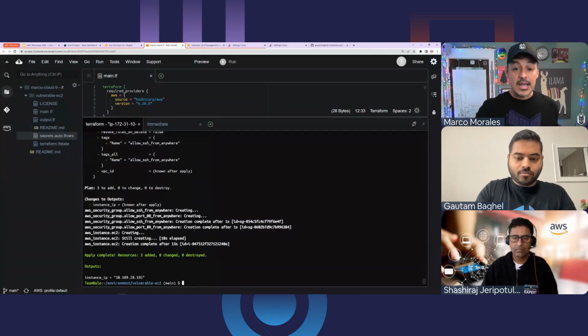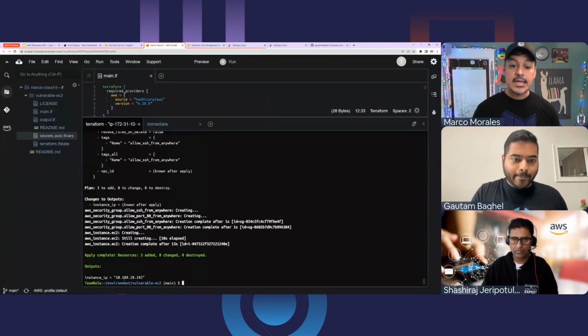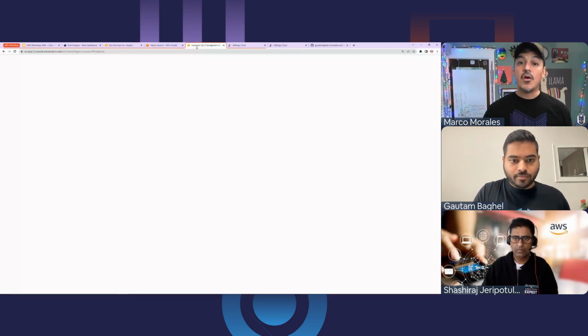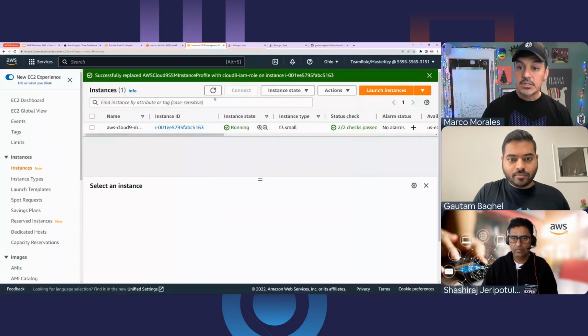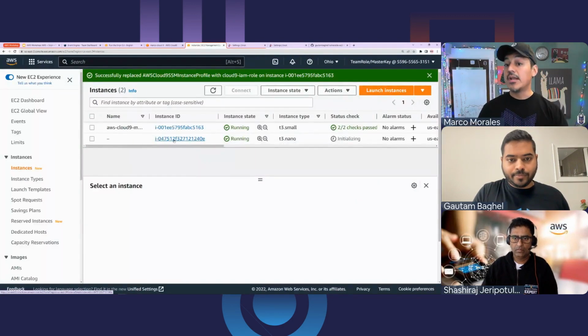And what we do is we now have this ready. Part of the outputs that we've defined is to get the IP address of the instance we just created. If I navigate over to Amazon EC2 and I do a refresh, we'll see evidence of this brand new instance starting to come up and running. It's a nano. If we were to look at the definition in Terraform, we'll see that it all matches. And this is fantastic. This is what we want to see.